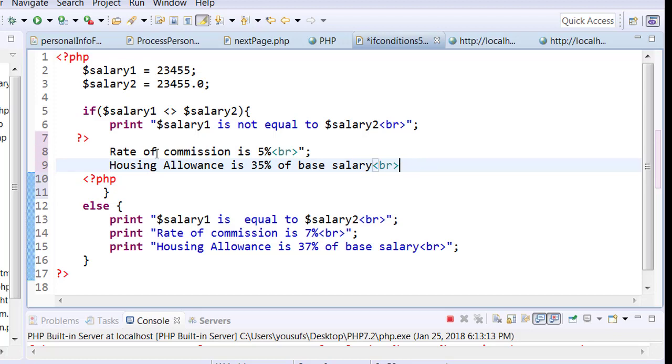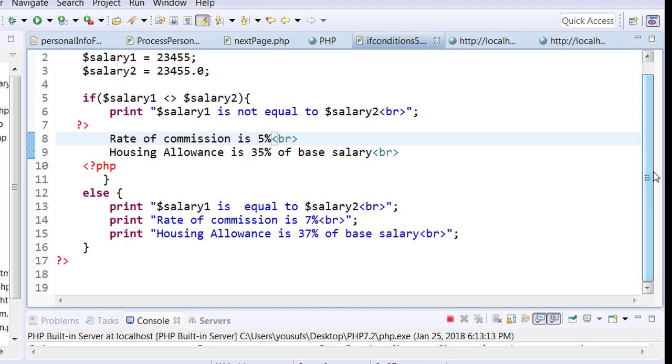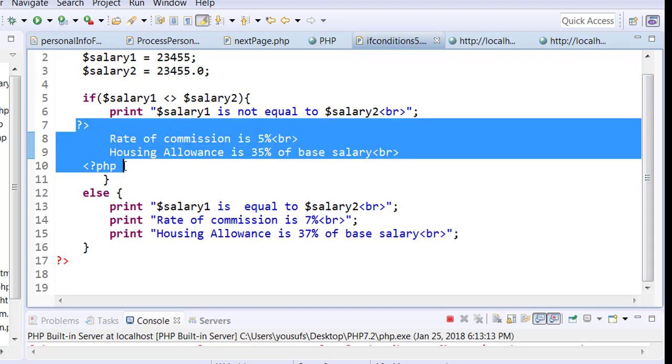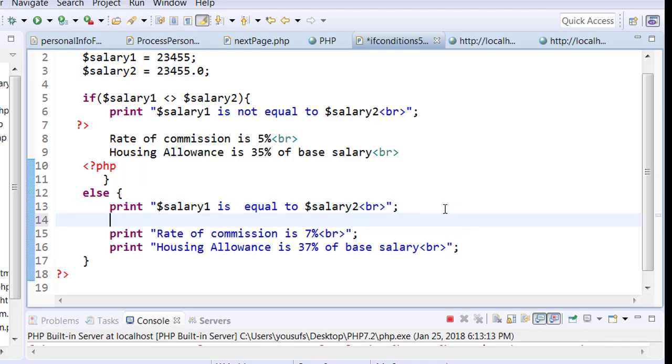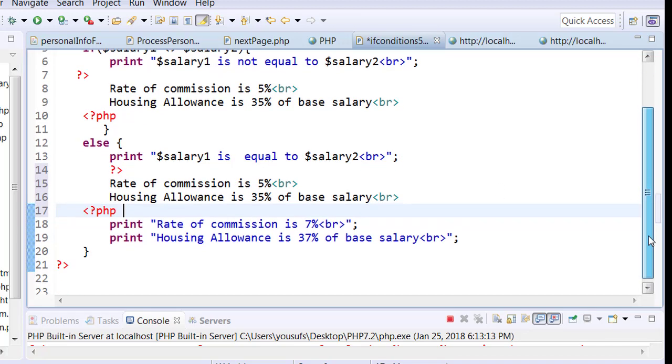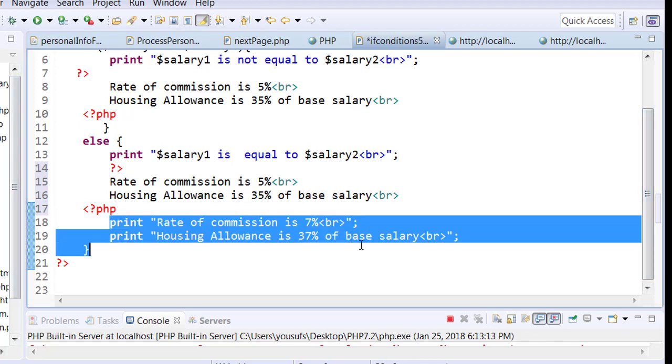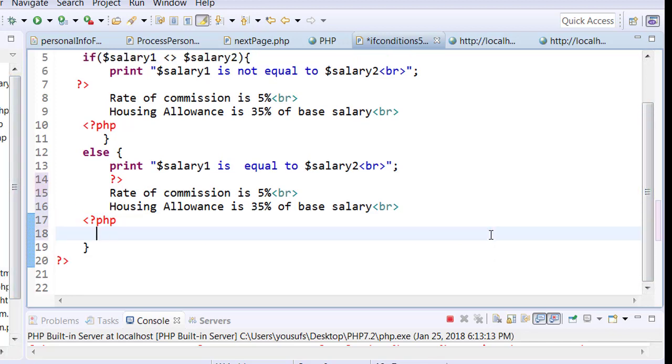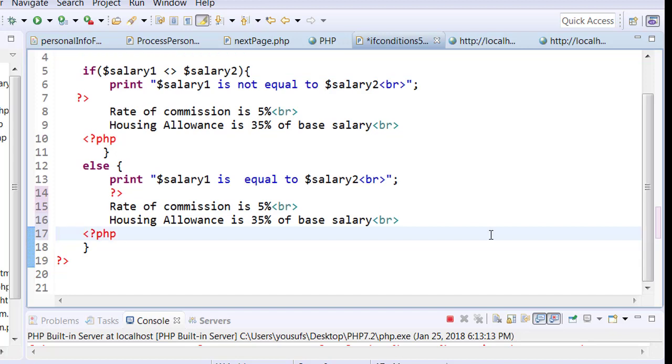So I can say, well, I am going to stop my PHP processing right here, and I am going to start my PHP processing again from right here. And both of these statements can very well just go as plain text. And I'll do something very similar in the